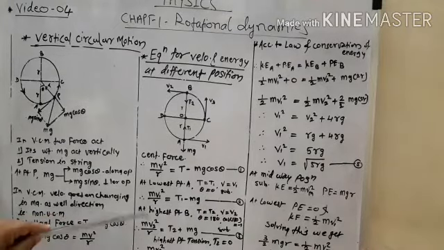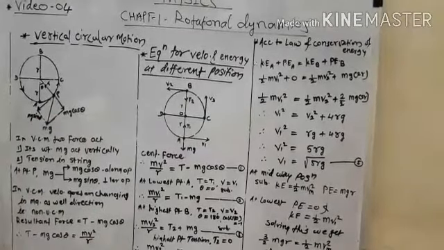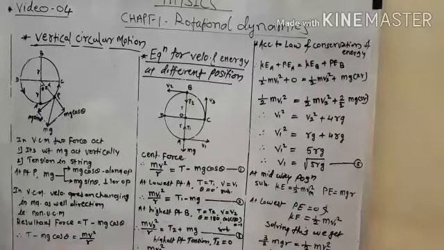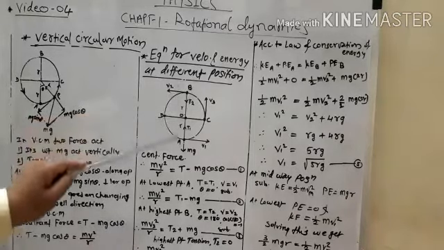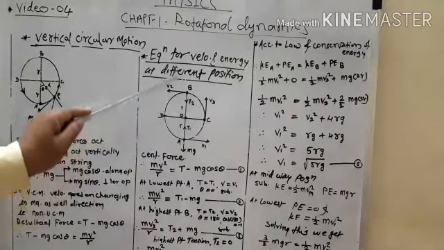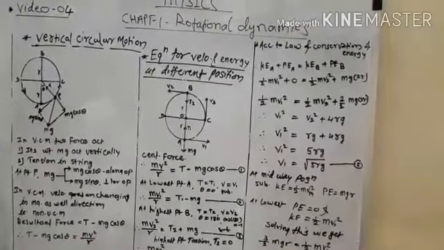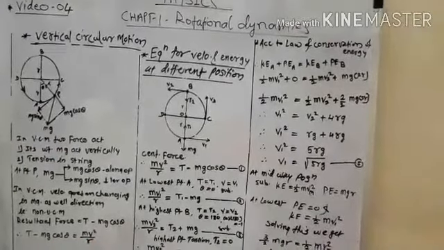Also we have to see the highest point B. At the highest point B, we substitute T is equal to T2, V is equal to V2, and theta is equal to what? From point A to B, this angle goes 0, 90, and at the straight line here this angle theta becomes 180. Therefore theta is equal to 180 at the highest point.